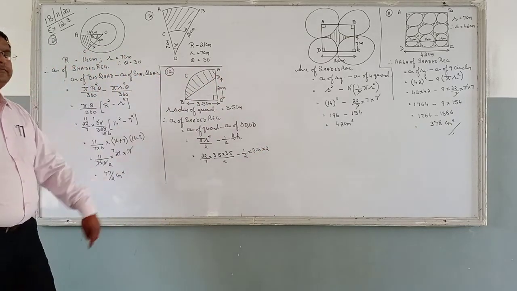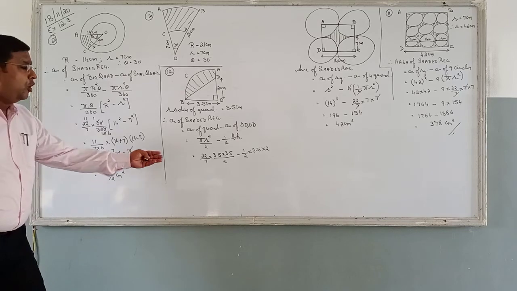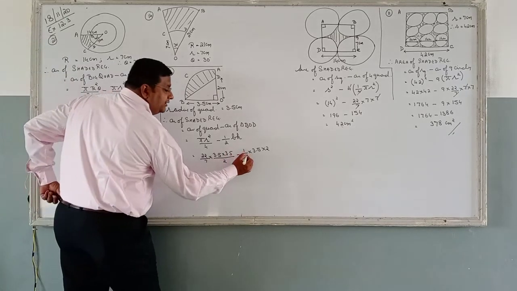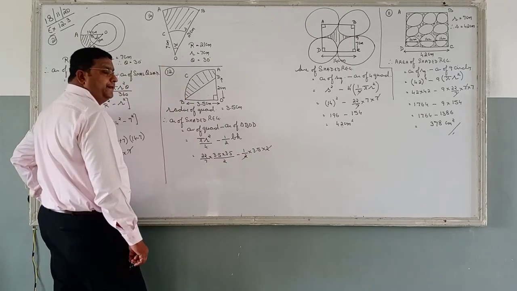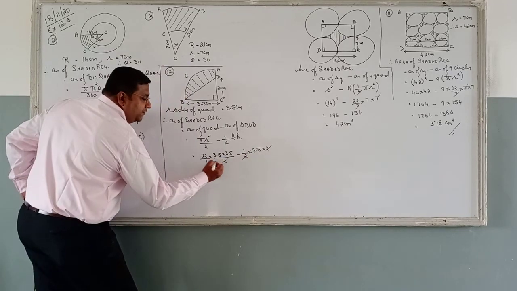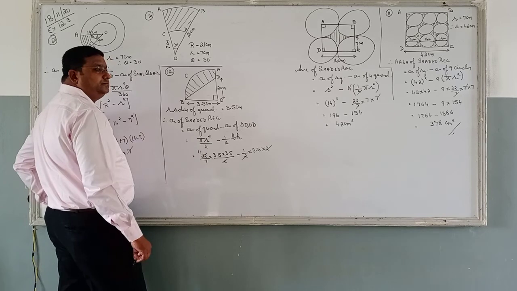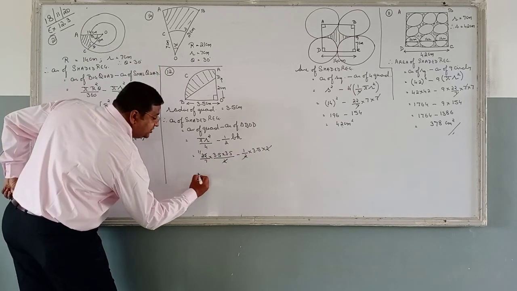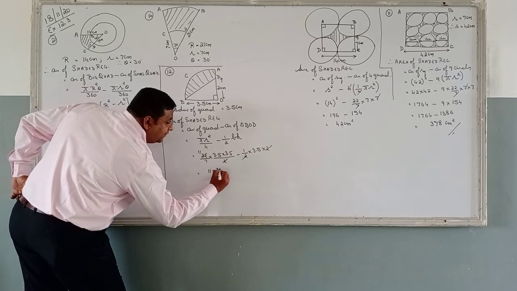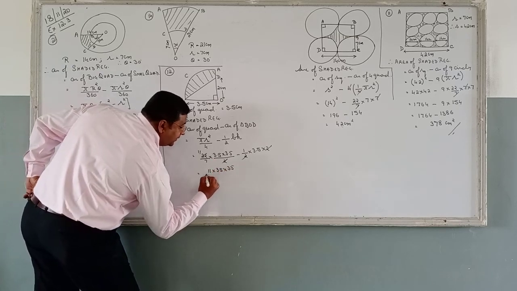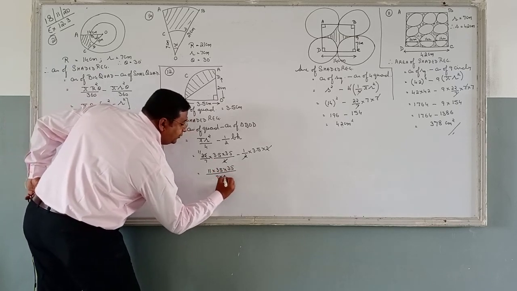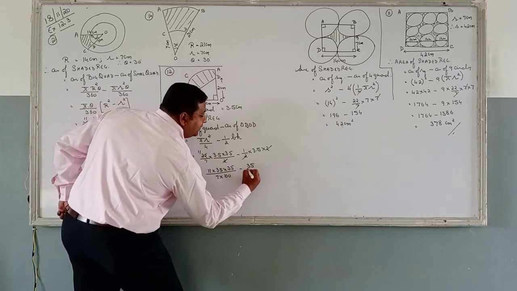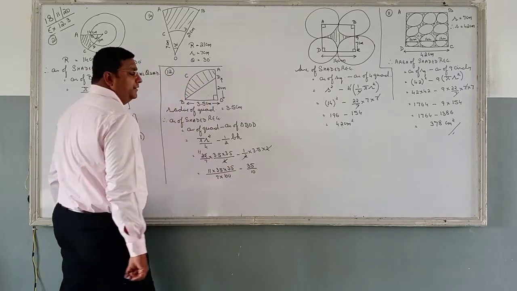Can we simplify? No big calculation. Only simple calculations are there. You can see 2 and 2 common cancelled out. Right? 2 ones are 2, 11s are 11. You can take 3.5 common or you can cancel it out. See, 11 into 35 into 35 upon 7 into 100. One decimal we have removed. Minus 35 upon 10. We have removed the decimal.